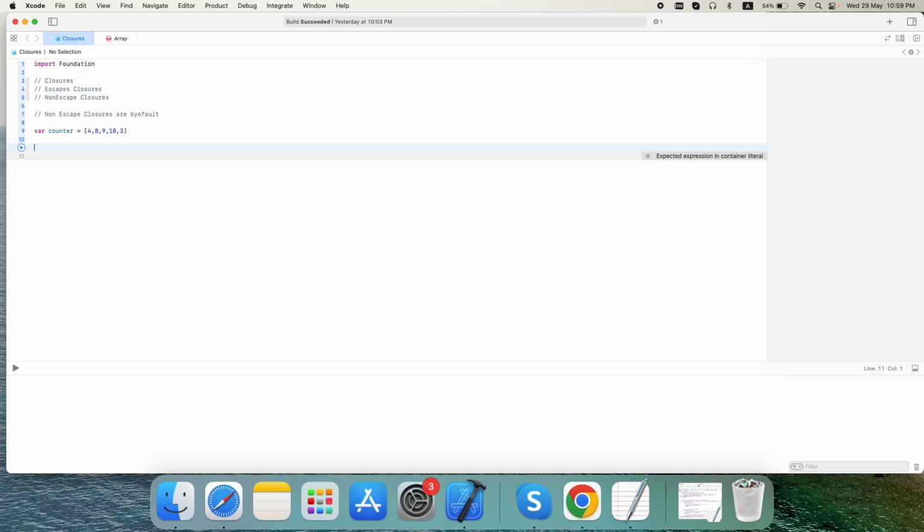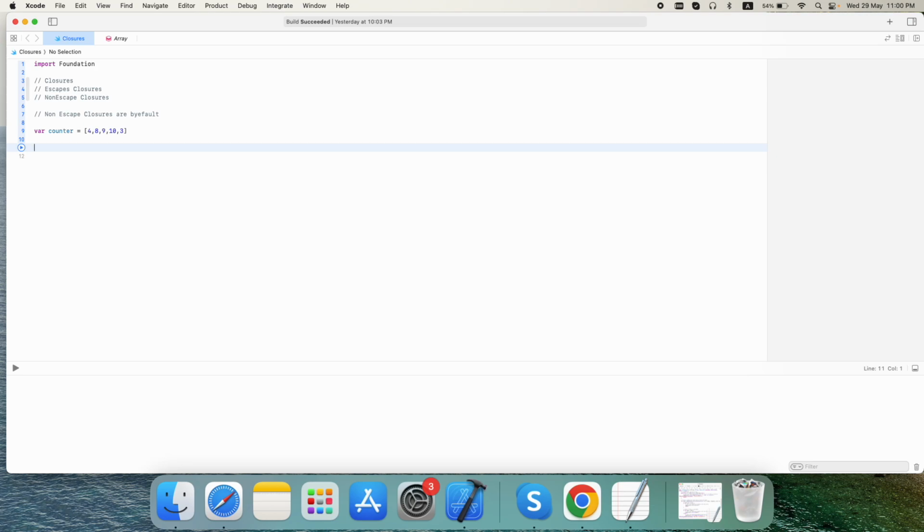Now if we want to sort this array in ascending or descending order, in the Swift standard library we have a built-in function sorted, which accepts a closure as a parameter and performs the operation